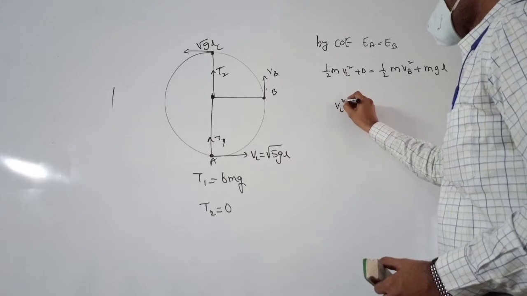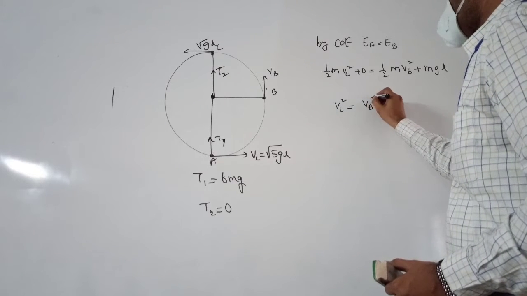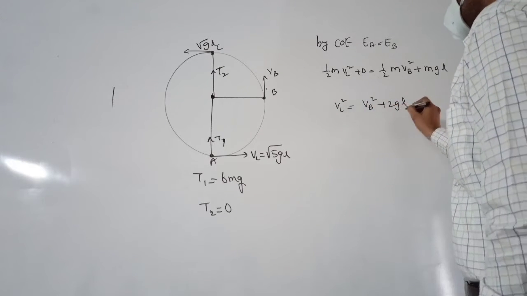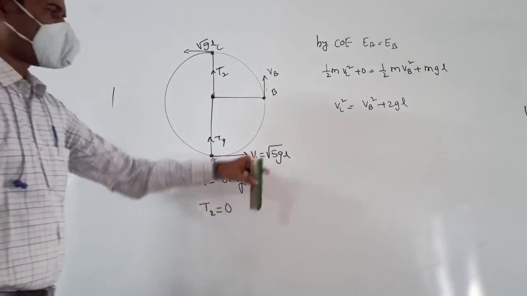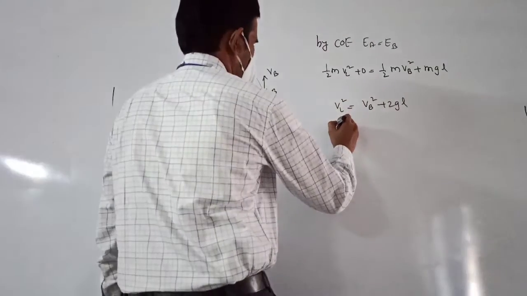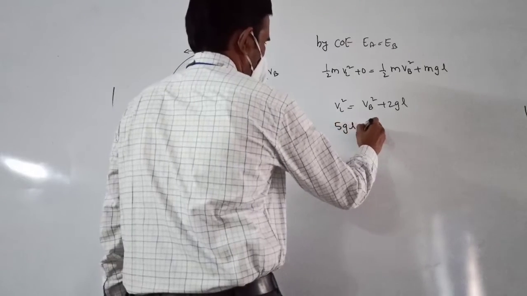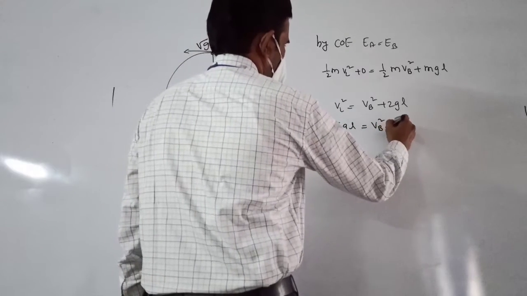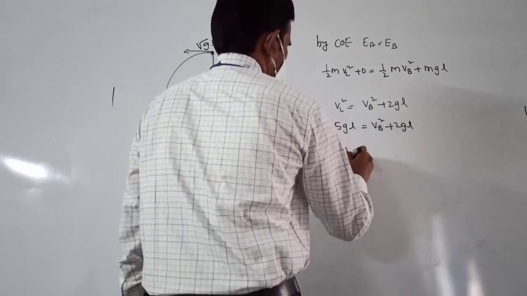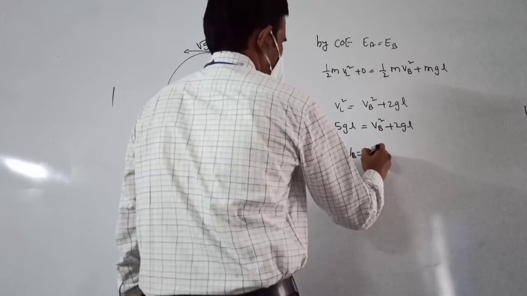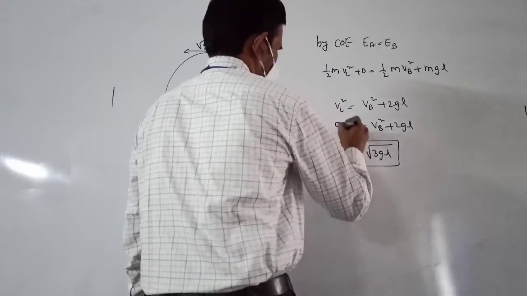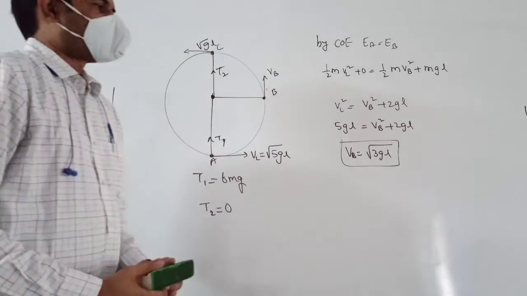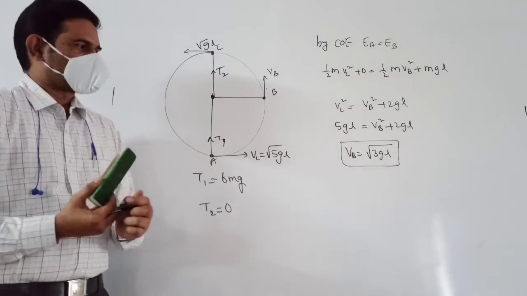And then let us substitute this velocity at the lowest point here. So this is 5gL is equal to vB square plus 2gL. So velocity at that point B will be equal to under root of 3gL. That means now you can express the velocities at the lowest point, or at the highest point, or at this point also now we can say, the minimum velocities required to complete the vertical circle.